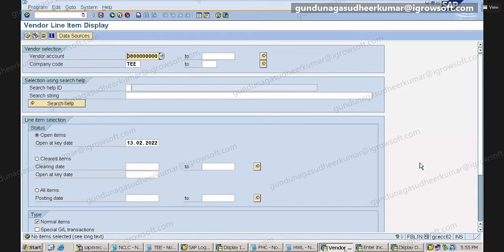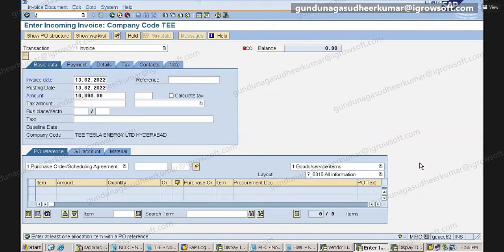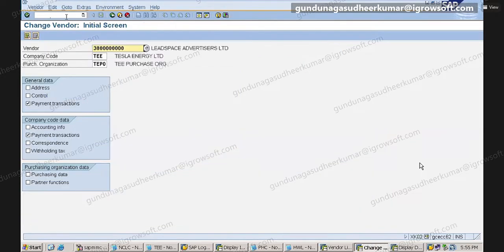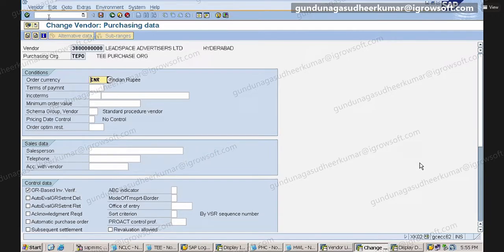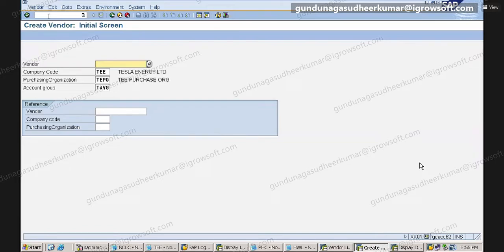Sir, can you open the XK01? Here, account groups. It means while creating a new vendor we have to add that. Yeah. Without a group, you cannot create a vendor. It will ask what is the group. Okay, sir. For creation of a new vendor, we have to give an account group. Yes. Same logic. Okay, sir. That's it. Thank you.